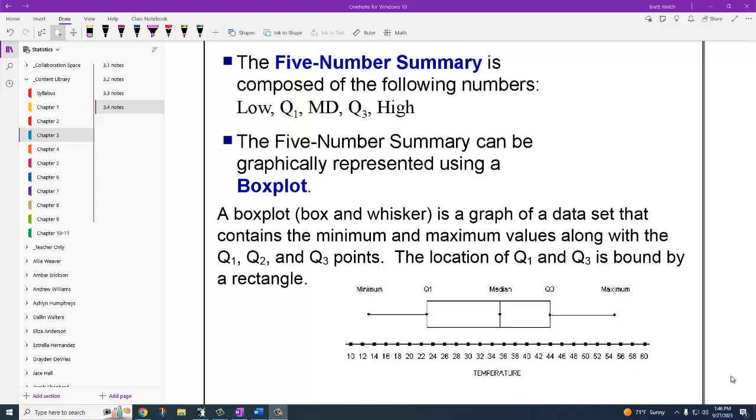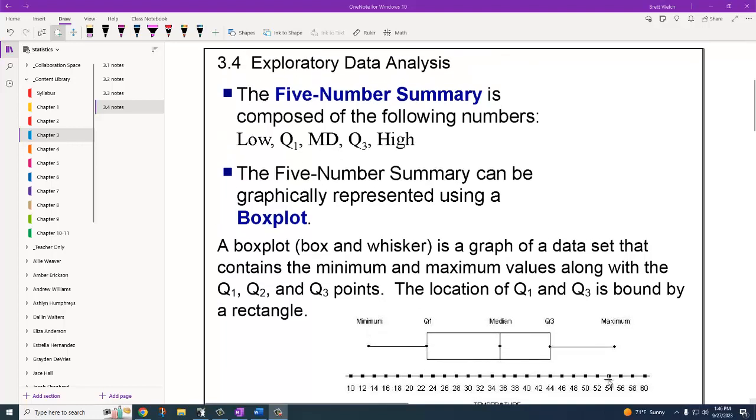Okay, these are the notes for 3.4, where we're talking about the 5-number summary and a box and whisker plot. This is a way for us to look at data without having to look at a histogram with every data point represented. This just gives us a basic idea of how the data is spread out around the median. The 5-number summary includes the low value, so the smallest value, Q1, the median, or Q2, Q3,